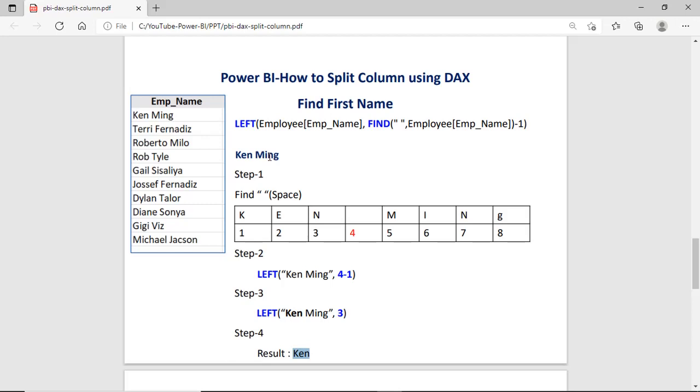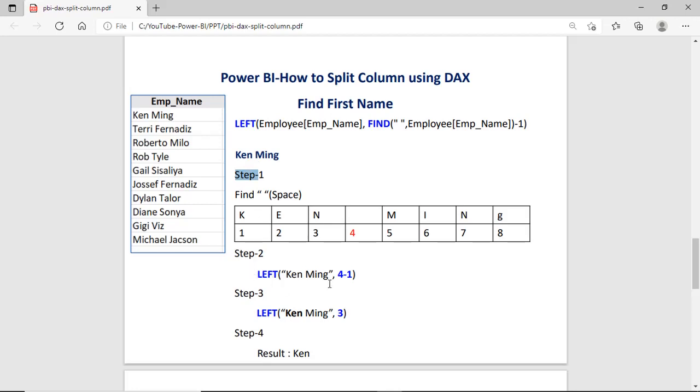So we can check this step by step. Step 1: first of all, we are finding the space. We have a table in which each character, each letter, has a position. Say K is 1, E is 2, and so on. So the space is on the fourth position in Ken Ming.